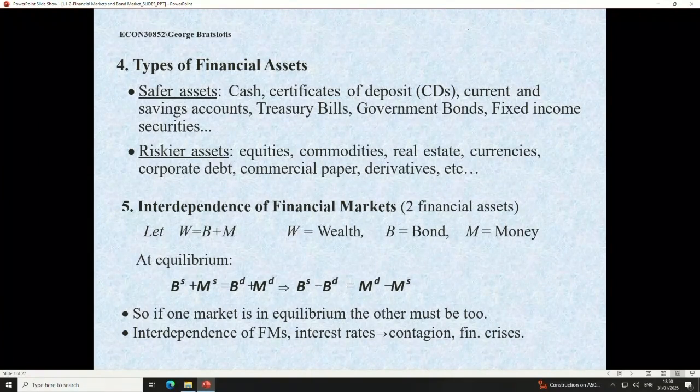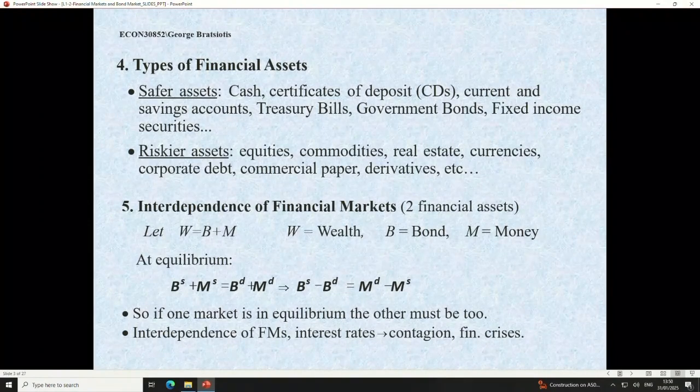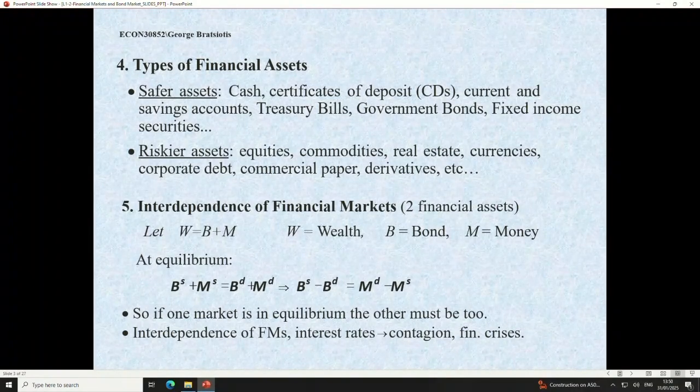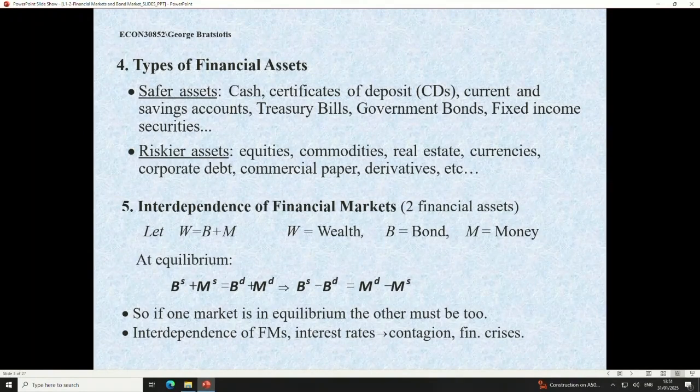And this is what happens in reality, right? We see investors move from shares into bonds. When they want something liquid, like during the financial crisis, they were moving to very short-term liquid assets. Liquidity had a very high demand. So this is exactly what happened. An excess supply of bonds will be met by an excess demand for money, and we're back in equilibrium. So this is what the central bank relies on.